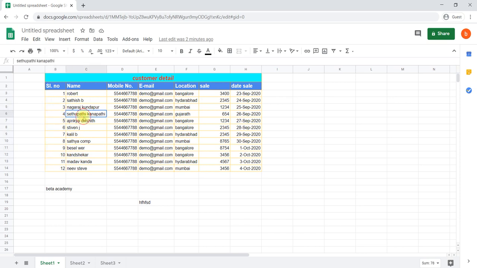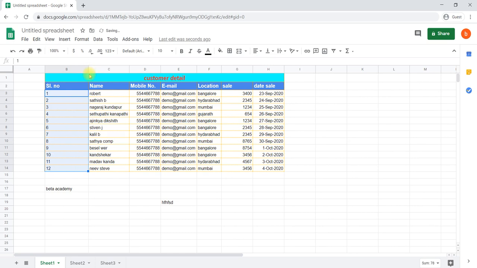What we have to do? We have to select that column. The data we have to select from the row number 3. Select that first. Click and drag so that I have selected the data. Then go to alignment here, and select the first one, that is the left alignment, so that all will be aligned to the left hand side of your column, left hand side of the column.